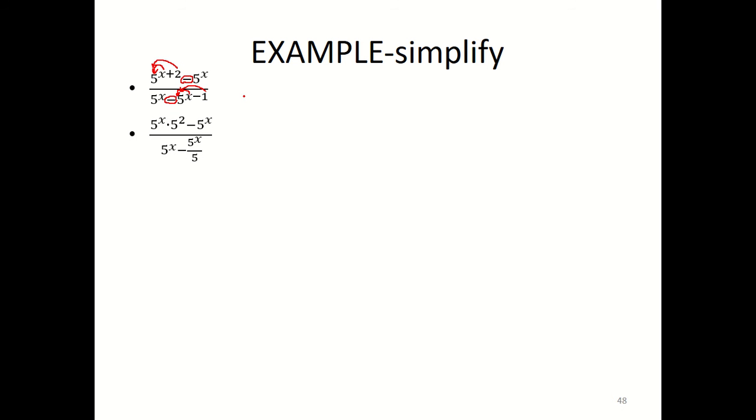In the numerator, you will have 5 to the exponent of x times 5 to the exponent of 2 minus 5 to the exponent of x. In the denominator, you'll have 5 to the exponent of x minus 5 to the exponent of x. You can write it as times 5 to the exponent of minus 1. I just jumped that stage because